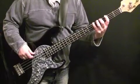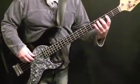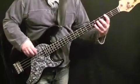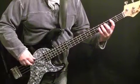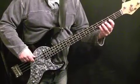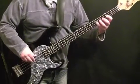4 eighth notes, A, 5th fret of the E string, or you could use the open A string, and then we're kind of into the main groove. To start with, we just repeat the 3 bars that we held with the long held notes. We just repeat those note locations with eighth notes. So C sharp first, 4th fret of the A string, A, open A string, open E string, and then in the last bar of the intro you've got that nice...